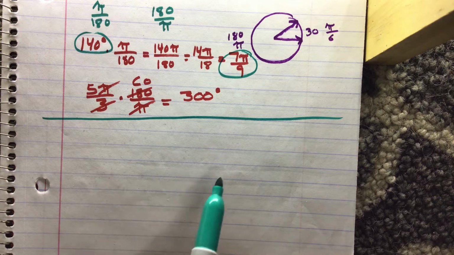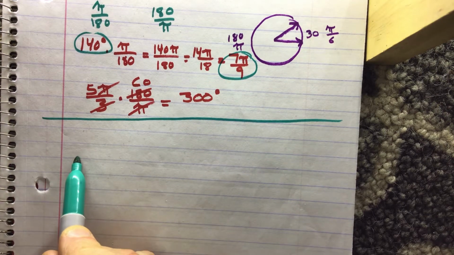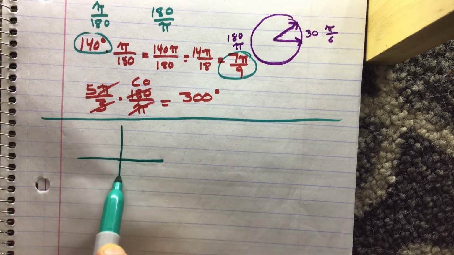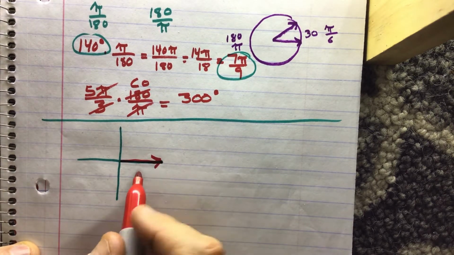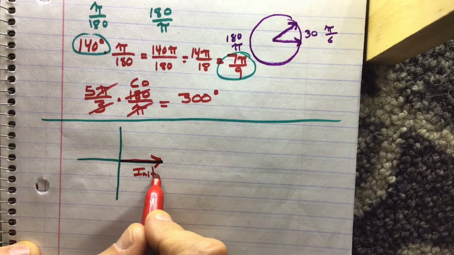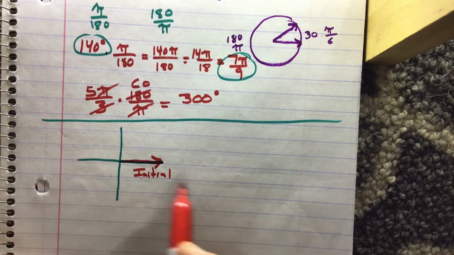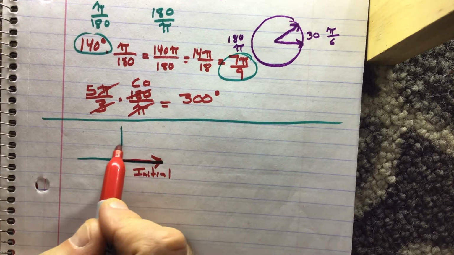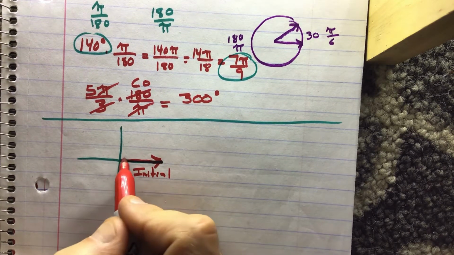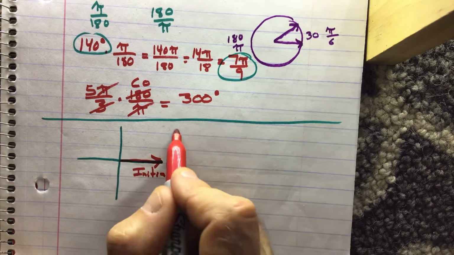Okay, there's a few things I want to show you in this video. I also want to show you how to draw angles. So if you were to draw a 150 degree angle, you would start with what we call the initial side, because the angles have two sides. The initial side, and then if we had a moving arm going around in a circle, if you were going to draw, let's say, a 150 degree angle,